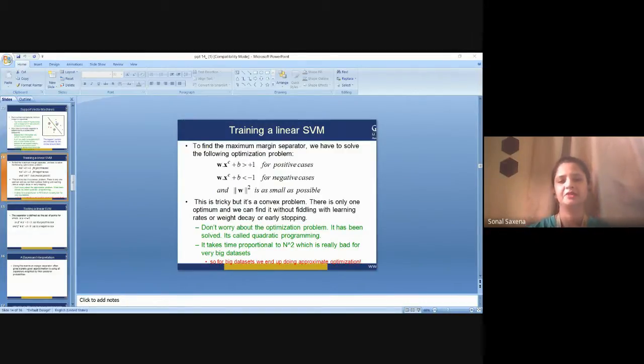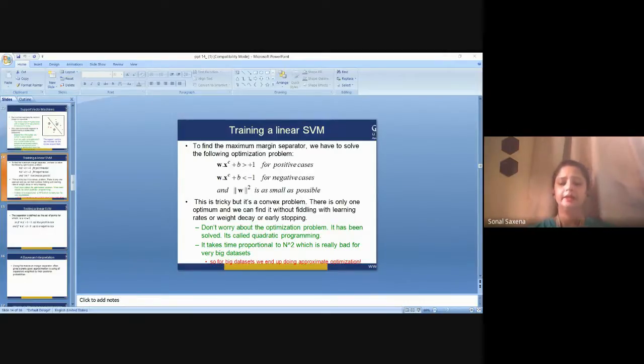So again, I'm repeating the same thing. How do we write a hyperplane? W to the power t into x minus b, which is equal to 0, where what is w? It is the normal vector to the plane, right? Now this is much like Hessian normal form, except that w is not necessarily a unit vector. Now the parameter b by w determines the offset of the hyperplane from the origin along the normal vector w.